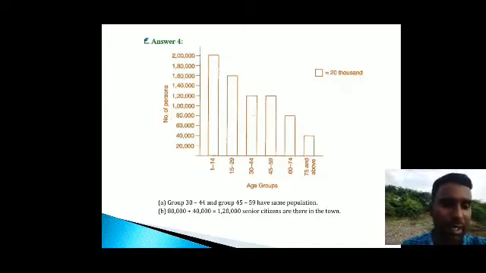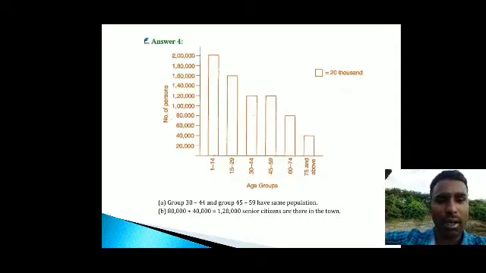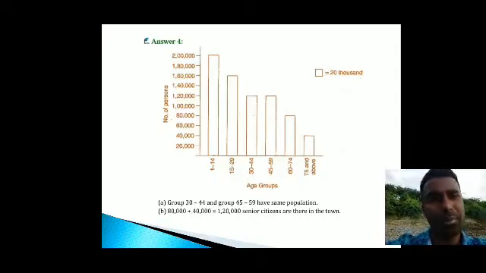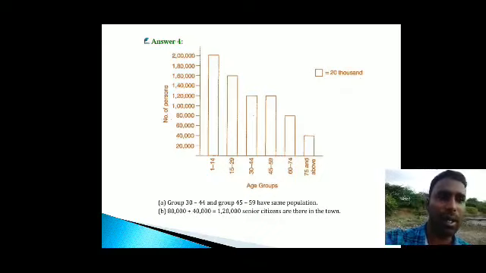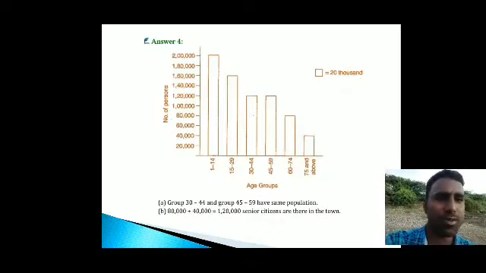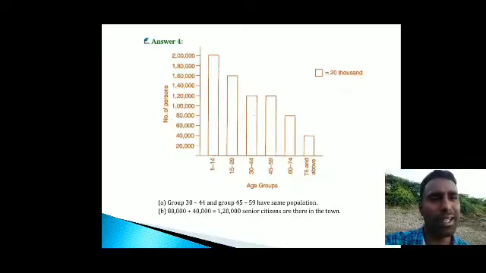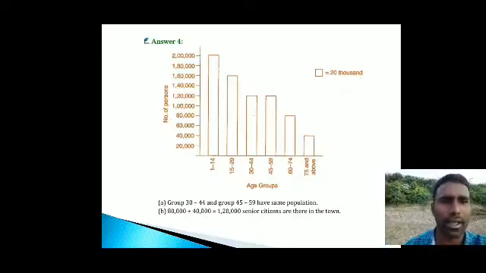Okay, 1 centimeter, leave some gap, and then you can write it 15 to 29 and leave some gap. And why I have to give a gap means the bar graph should have a gap in between the two bars. If you notice here also, the spaces will be there between the two bars. So only we have to give some gap.